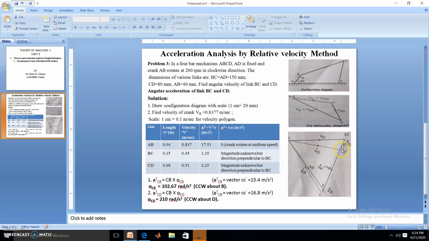Accordingly this is the acceleration polygon, and you have to calculate the unknowns. Here the unknown is the alpha of CB. We have the formula: the tangential component of CB is equal to length of BC into alpha of BC. In this way, alpha of BC is equal to 10267 rad per second square. Another unknown is alpha of CD, from the tangential component of CD. Again we have the same formula, and from that you can easily calculate the value of alpha of CD, which is 210 rad per second square. In this way